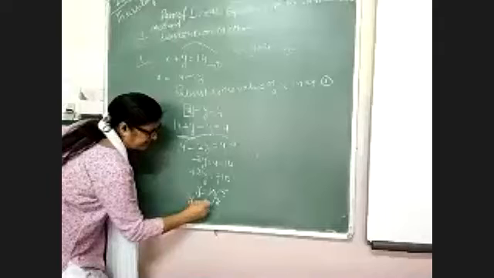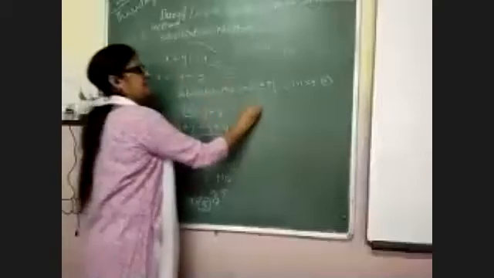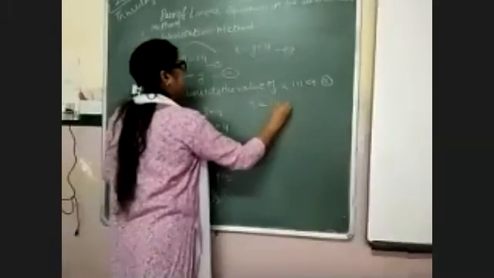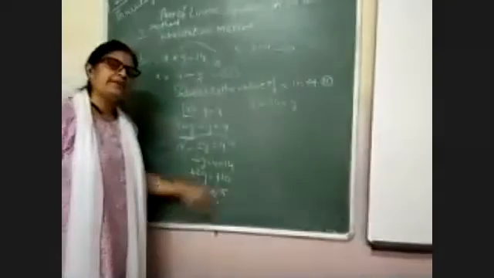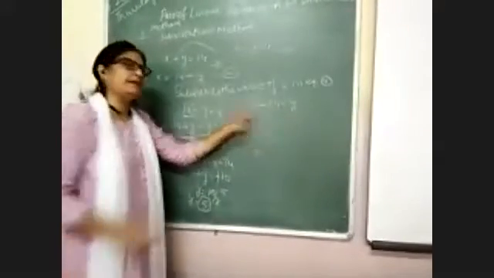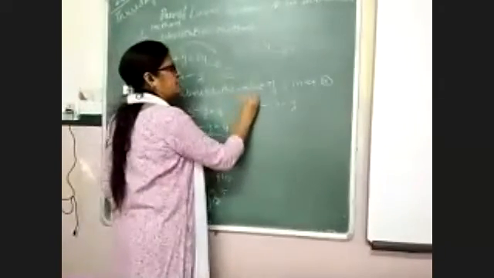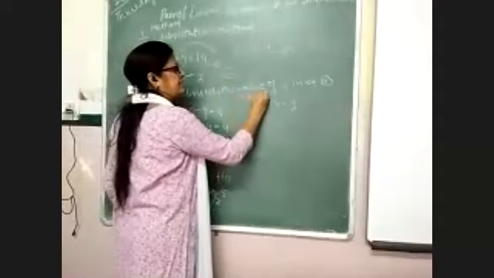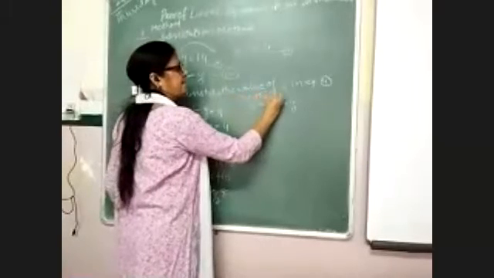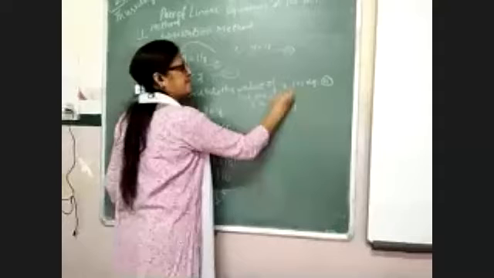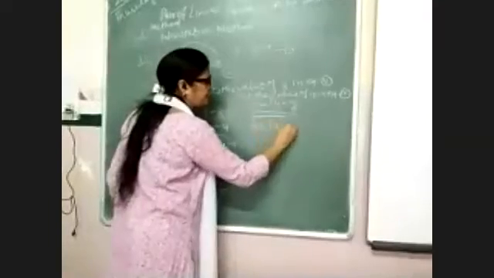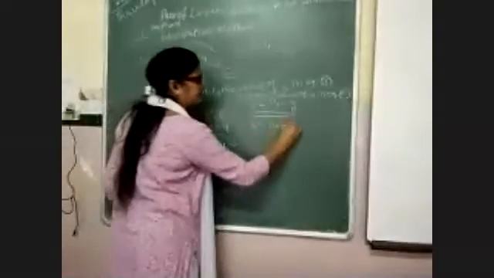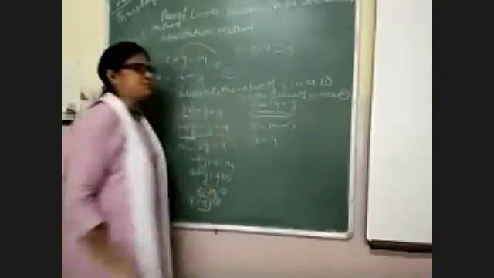Substitute in the third equation. This is your third equation, x equal to 14 minus y. You will put the value of y equal to 5 here and find the value of x. So your y value is 5, then x equal to 14 minus 5 ,